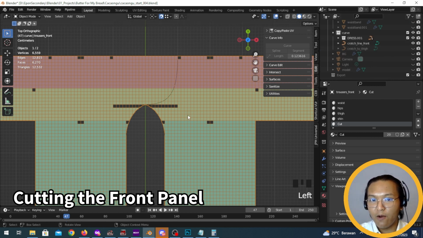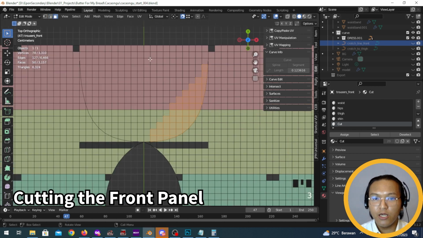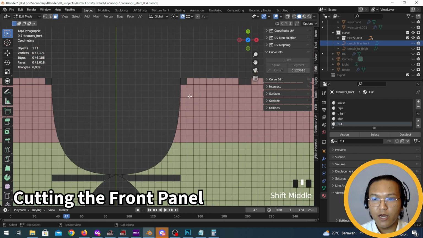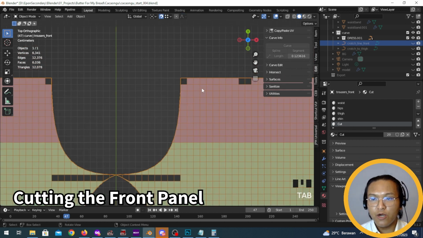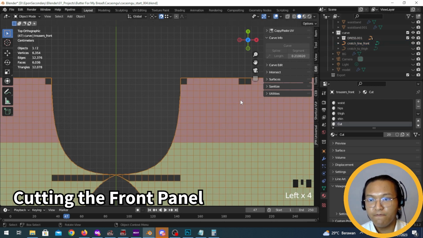And we're gonna bring back our crotch and we're gonna cut it to the mesh, right? That is easy. And let's delete all this face, right? So we know that the crotch is 21, so we're gonna